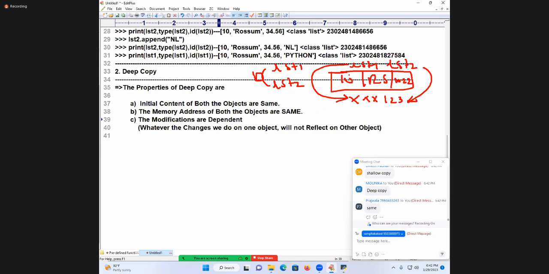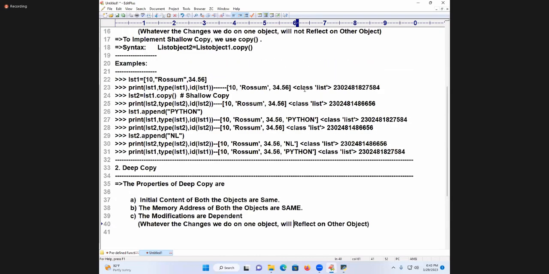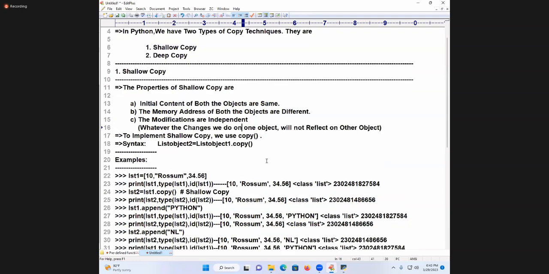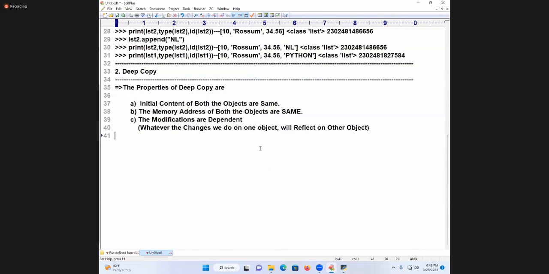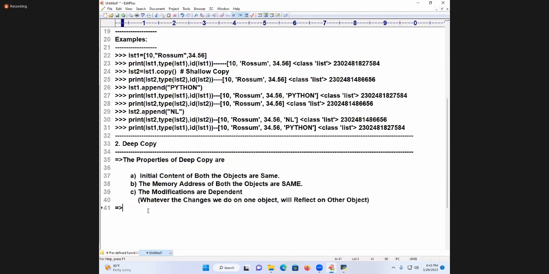Is it created one memory space or two memory spaces? One memory space. But how many objects are pointing? Two objects. It is called which mechanism? Deep copy. Whatever changes we do on one object will reflect on the other object. In shallow copy it will not reflect on the other object, but here it is happening: it reflects on another object. Now, how to implement, sir? Now I am telling. To implement deep copy,